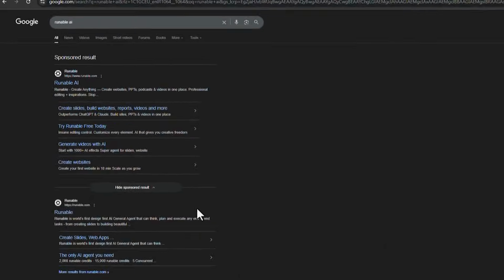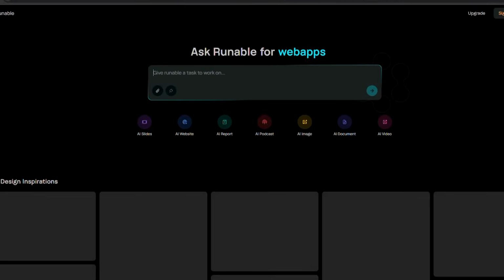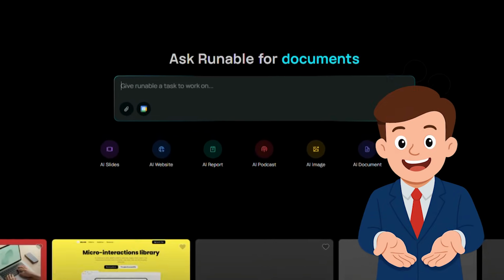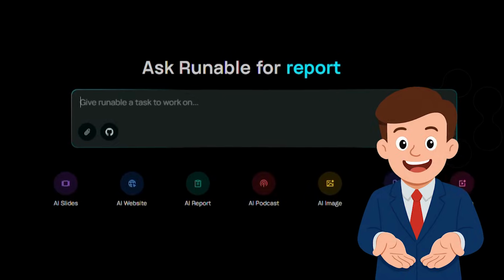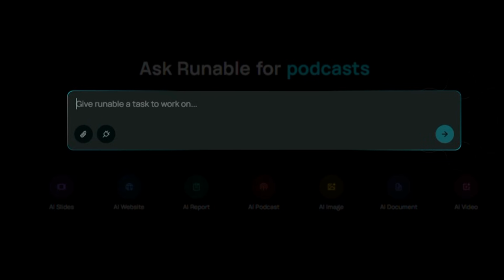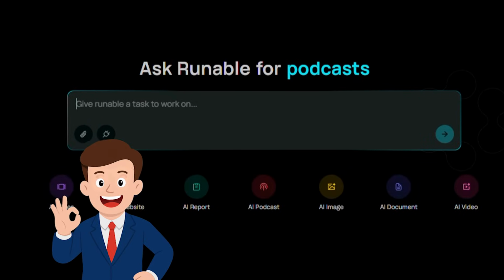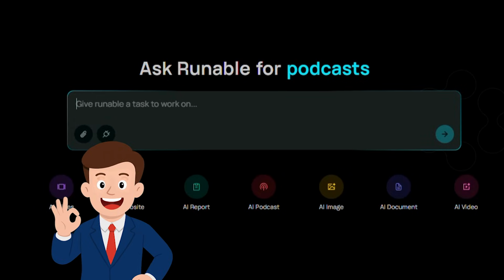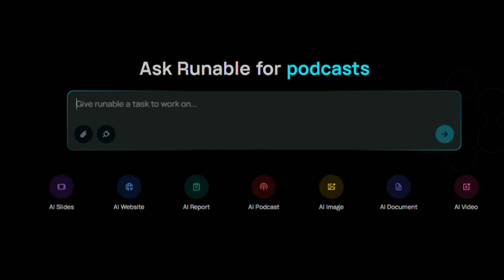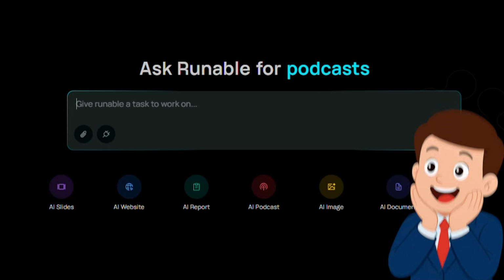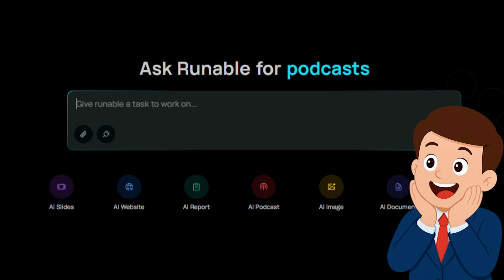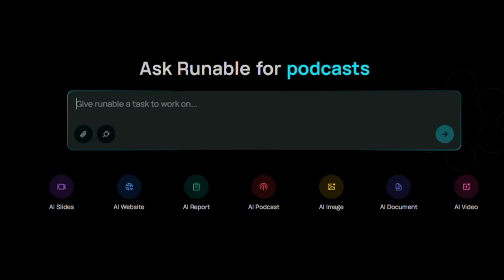Once you enter Runnable, the first thing you notice is a completely clean and minimal interface, designed to focus on the chat itself rather than unnecessary buttons. In the middle of the screen is the main conversation space where your messages, responses, files, and outputs such as images, videos, documents, or project links all appear. This means the entire project journey, from the initial idea to the final output, moves along a clear timeline and never gets lost. To get started, simply follow the link in the description to the Runnable website, and if you